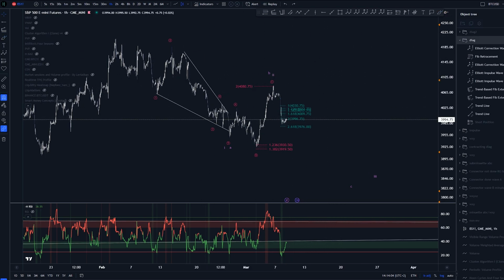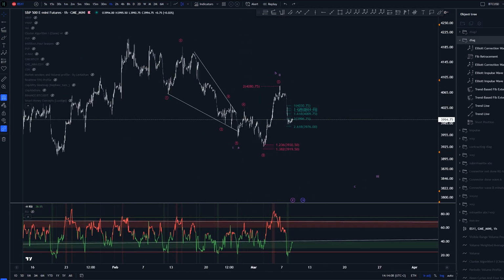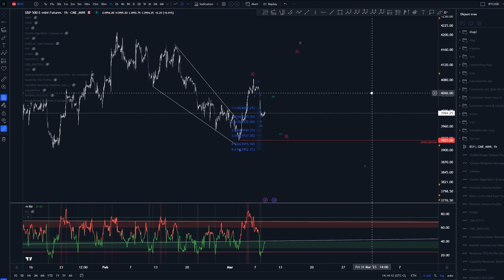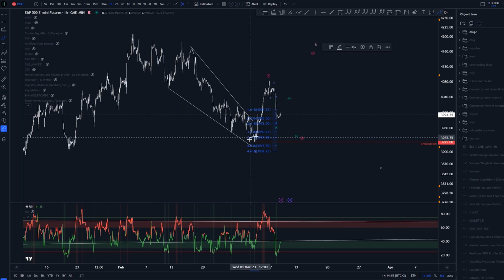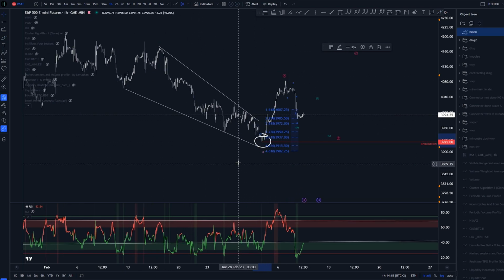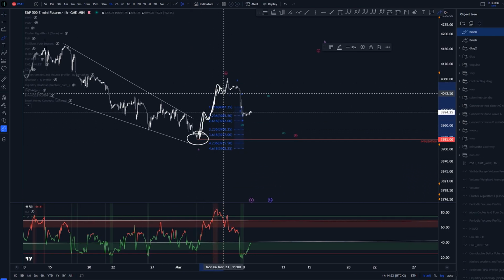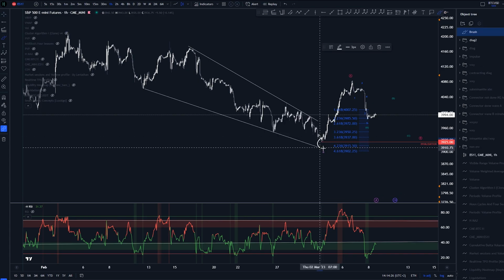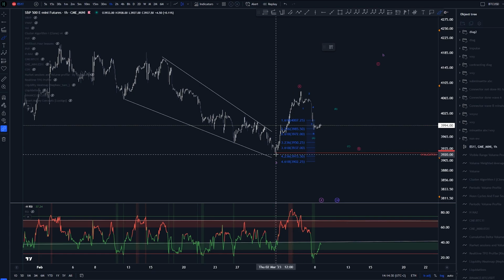Now afterwards, we have had quite an impulse wave down, but we'll talk about that in this next scenario. Again, this is very similar to the other diagonal, but in this one we would have the diagonal end at these lows here. If we are zooming in, again we would have this as a 5-wave structure, and at this point, as we ended a structure at these lows here with this wave A, we would have this as a